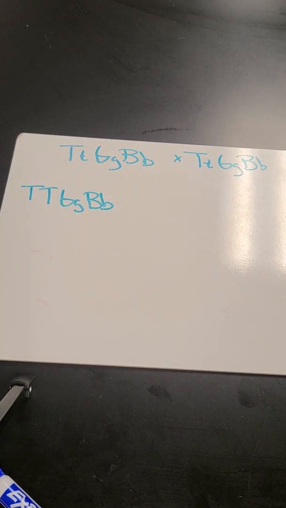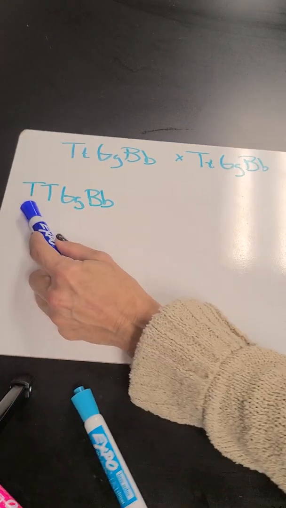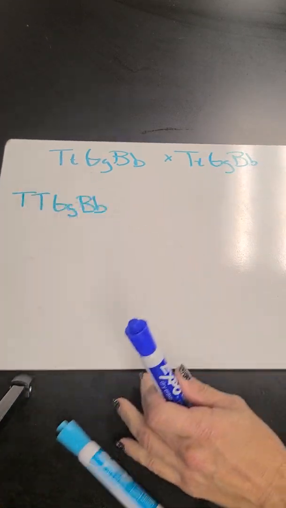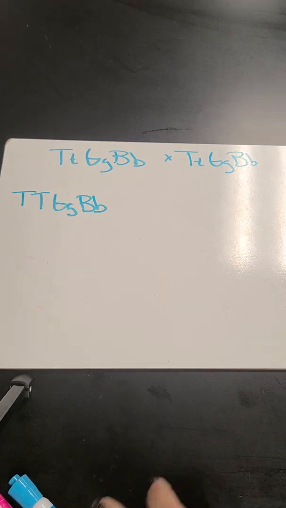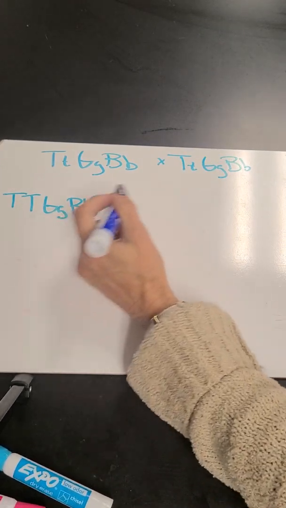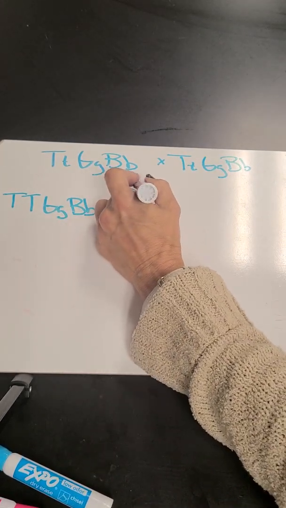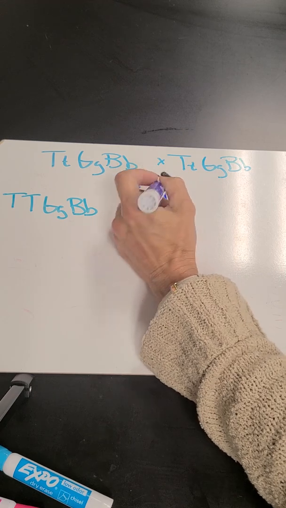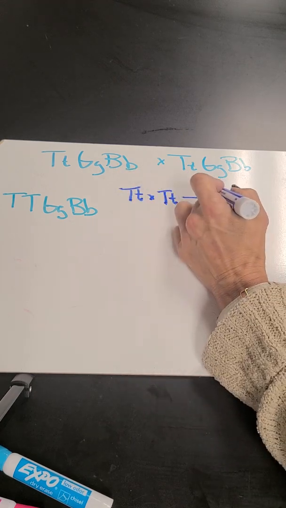I'm going to change to this blue color. I think it will show it better. With big T, big T, big G, little g, big B, little b. And so how you do this is you have to figure out the probability for each one. So if I have big T, little t parents, I want to know what's the probability of having a big